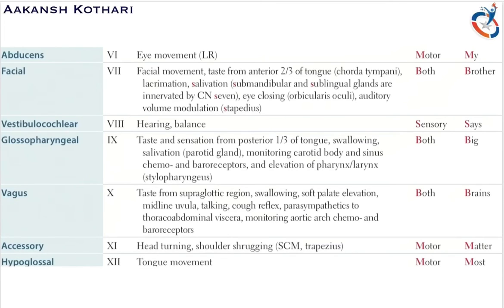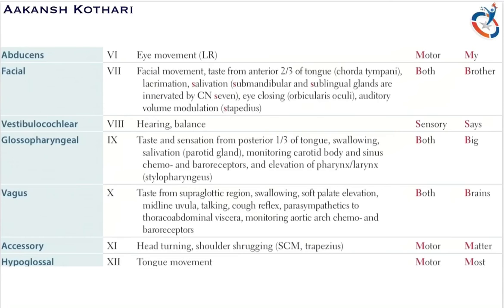Then the facial nerve transmits taste from the anterior two-thirds of the tongue. It is also supplies the lacrimal gland and the salivary glands, that is the submandibular and the sublingual glands, and hence the facial nerve leads to lacrimation, or tearing of the eye, and salivation of the mouth. Is this clear? Now the facial nerve also helps in closing of the eye by the orbicularis oculi muscle, and